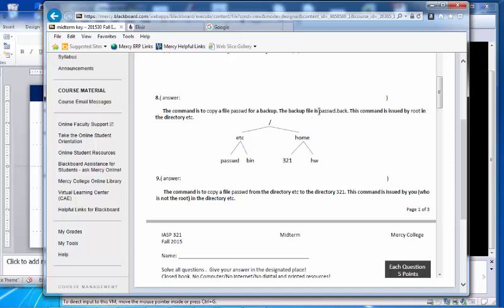The backup file is passwd.back. But the copy command is cp, right? So many people did that. cp, and then there are two arguments, source and destination. Two arguments need to be specified.